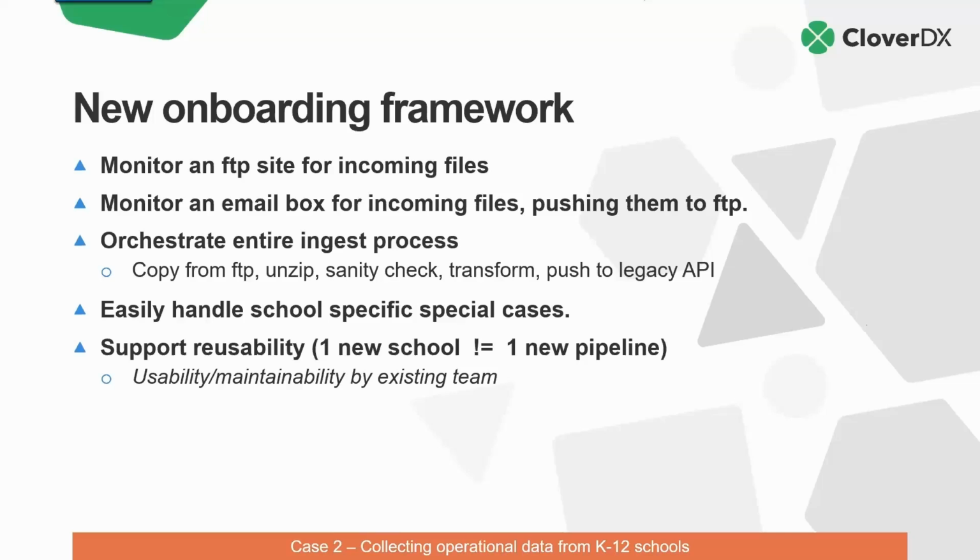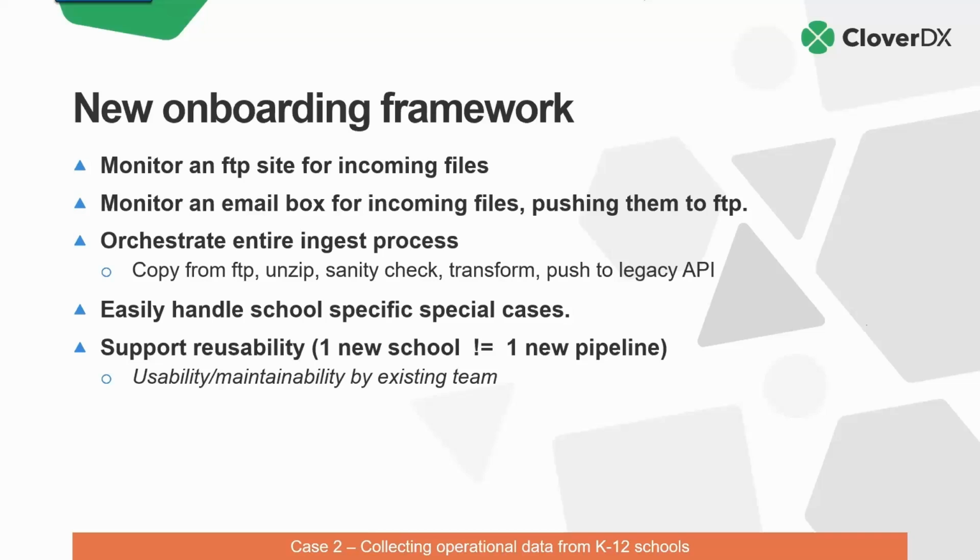So they had some objectives, right? They wanted the new automated pipeline to monitor an FTP site and detect when files arrive. They also wanted to monitor an email box for those same types of files. They wanted to orchestrate the entire process from the original detection of the files on the FTP through unzipping them, doing sanity checks, quality checks, any sort of transformation that might need to occur before pushing to the API. So they wanted to orchestrate the entire process while at the same time handling school-specific special cases, all without